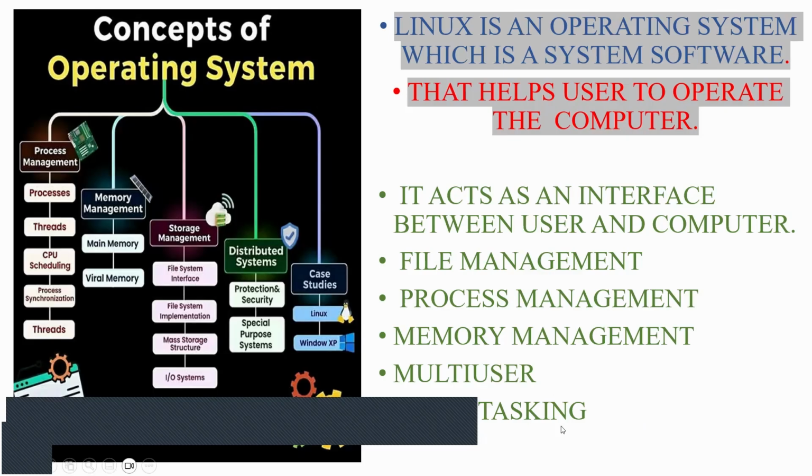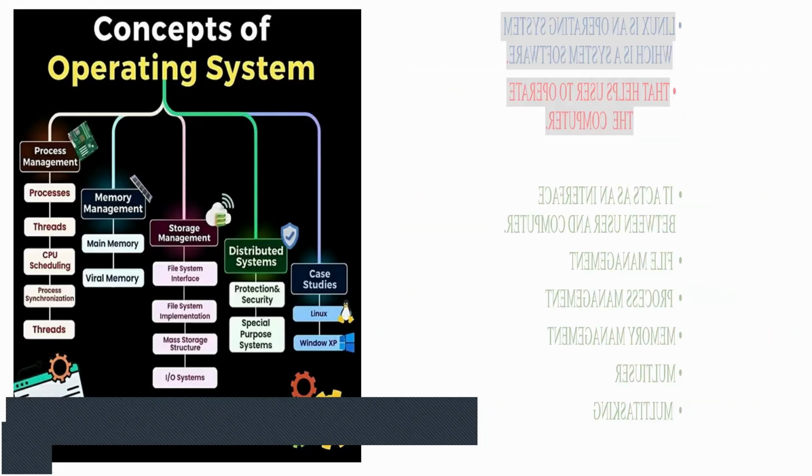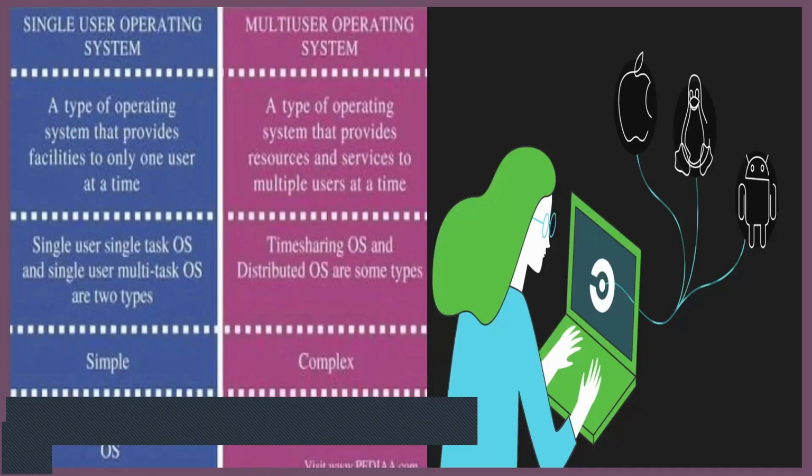Finally, multitasking. Multitasking enables the system to run multiple programs simultaneously, improving performance and user experience. In addition to this, modern operating systems also support storage management, input output operations, security, and distributed systems. And in conclusion, we can say the operating system is a crucial component that acts as a bridge between the user and the computer, ensuring smooth and efficient functioning of all the operations being done by the